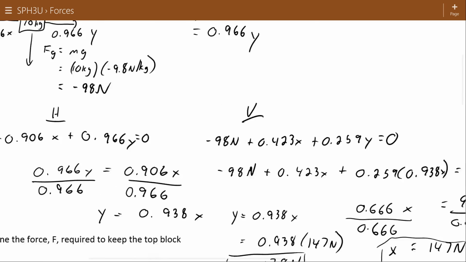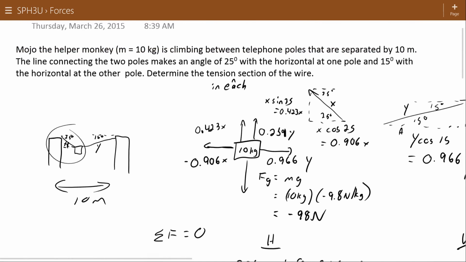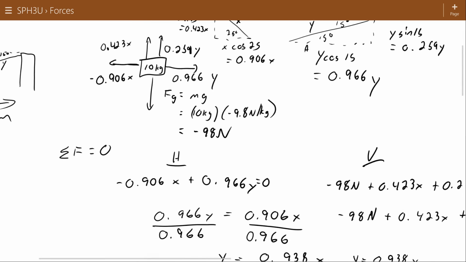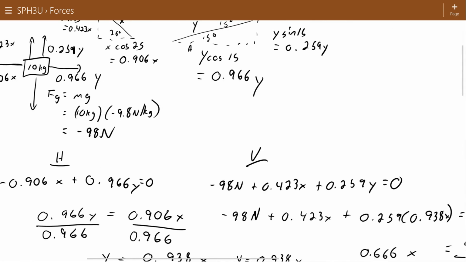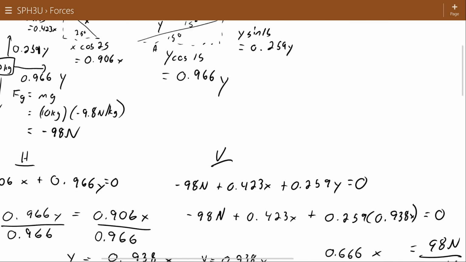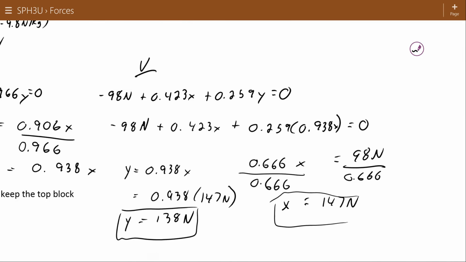And so, one more time, what I did was I created a diagram of the situation. I broke the forces that were in angles into components. Even though I didn't know their values, I simply used a variable to hold on to their values so that I could put everything in right angles onto my free body diagram. Recognizing that the monkey is suspended, I said that the forces in the vertical direction had to add to 0, and the forces in the horizontal direction had to add to 0. And then I used a system of equations to solve for the two